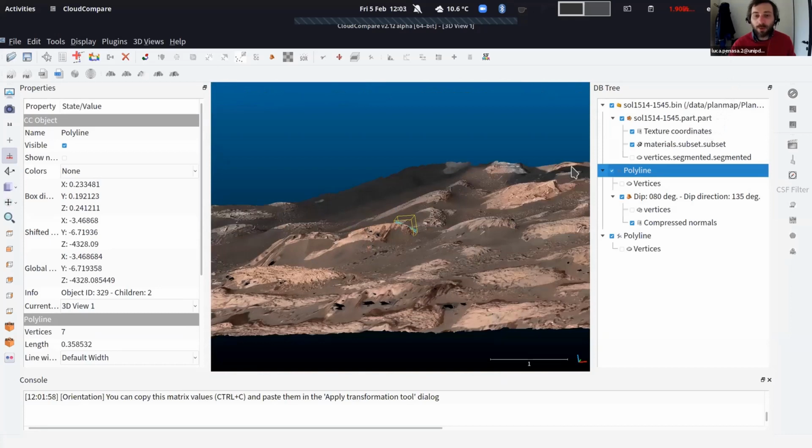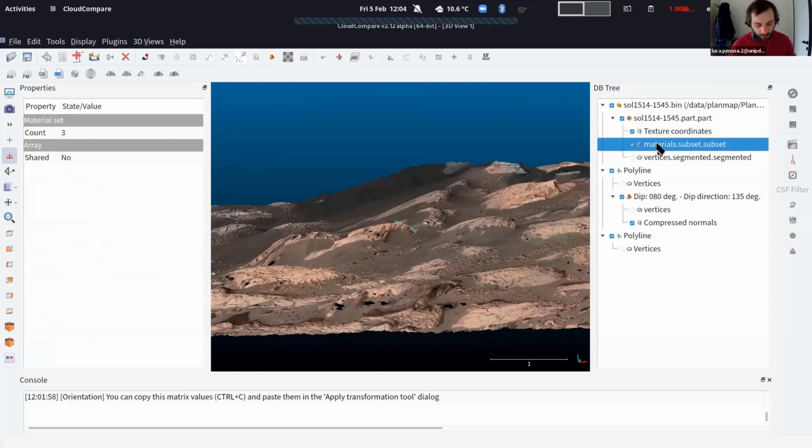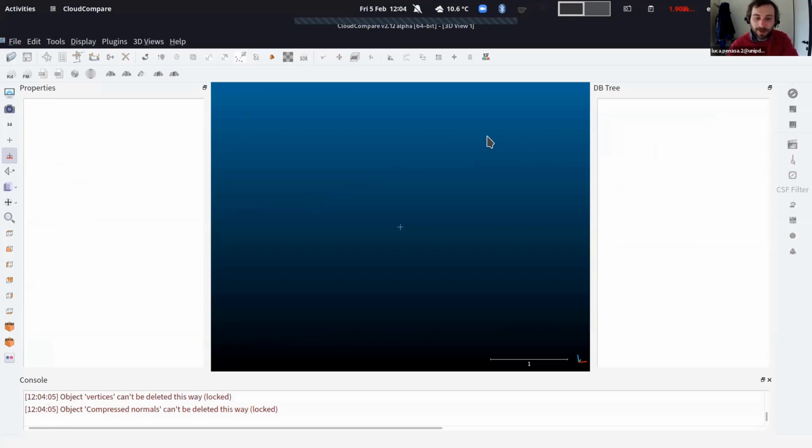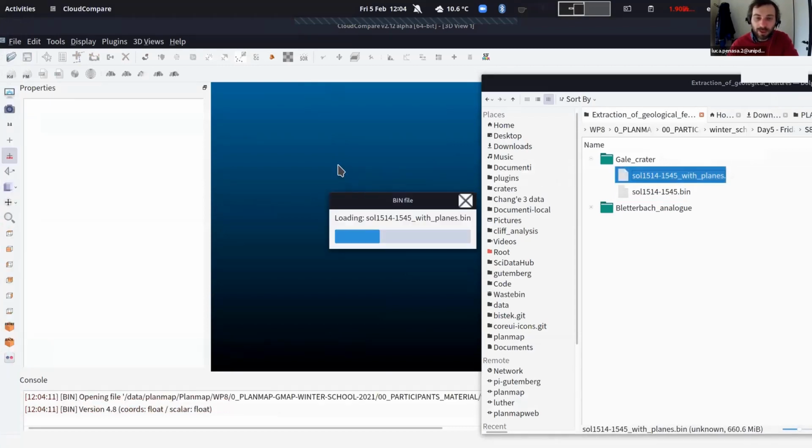And so that's fine. What I want to show you is that you can then export this data, but I will load the other dataset. Let me do that. We will delete everything and then load again the other dataset, the one with planes, because Barbara did an incredible job in mapping all the little planes. So we can have a look at her result,